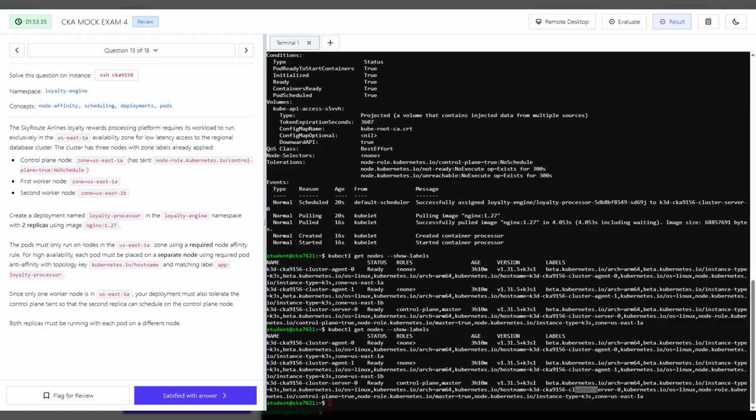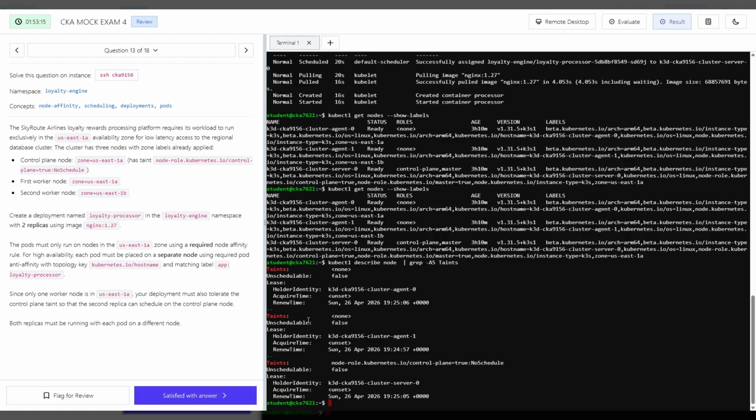Or taint, we have to get it from describe. The taint is here. The first node, the worker one, the worker two has no taint, but the control plane has a taint. If you can see the pods,